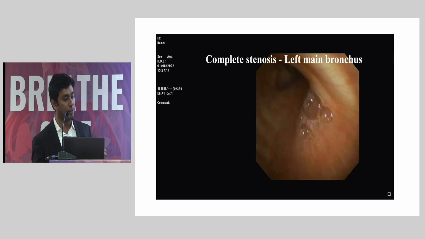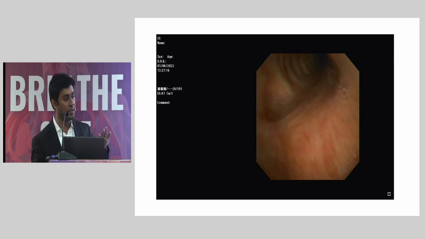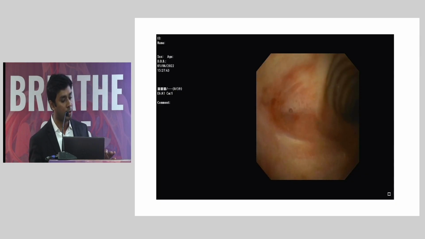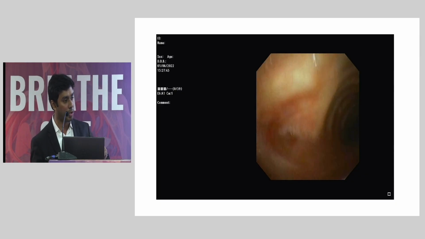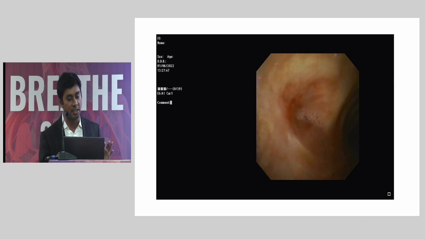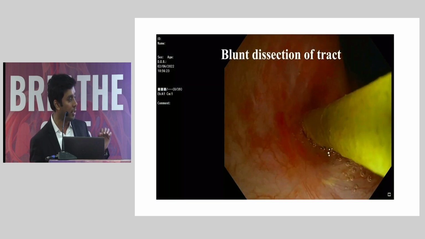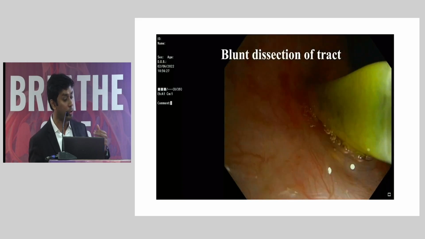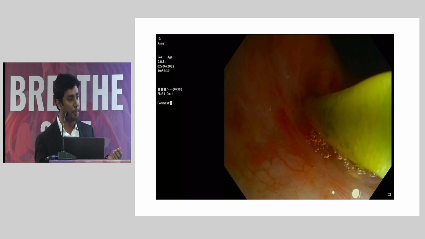We took up this patient, we did a bronchoscopy, and in the bronchoscopy you can see there is no left main bronchus. You are only able to see a remnant of a carina, and the bronchus is directly leading into the right main bronchus. Recanalizing these airways is quite difficult because while giving electrosurgical incisions, if you are wrong, you may inadvertently enter into the mediastinum and you really don't know whether the distal lung is going to be patent or not.